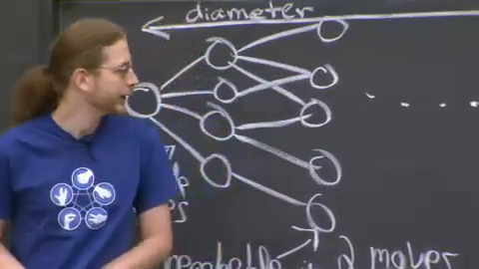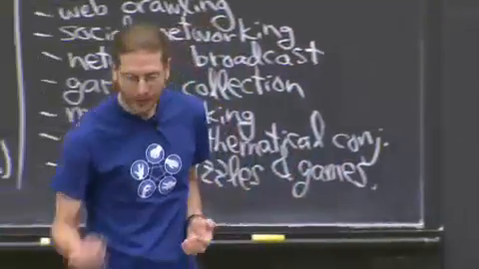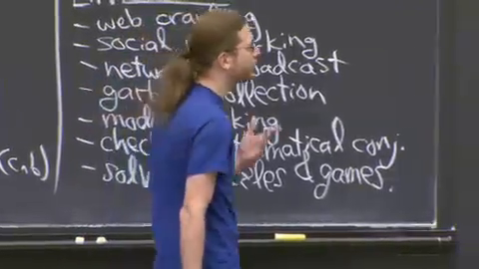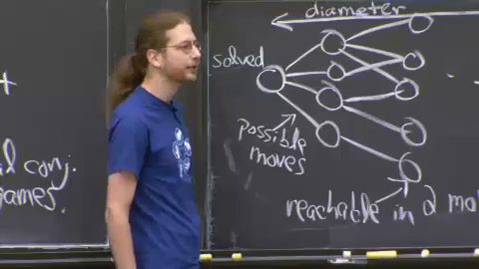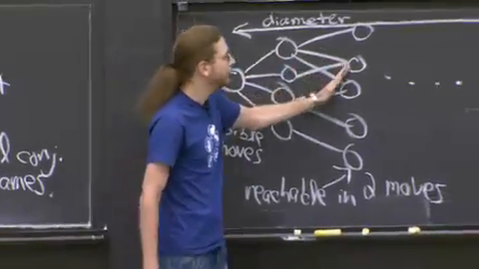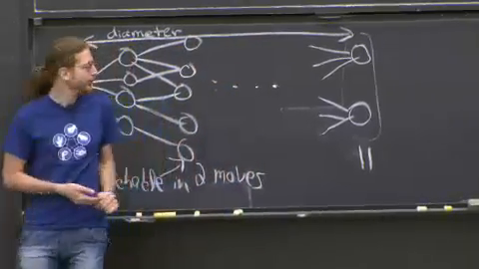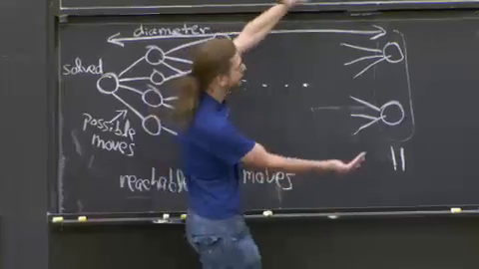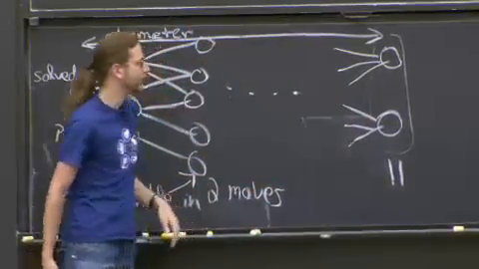And it's kind of nice to know because it says whatever configuration I'm in, I can solve it in 11 moves. But the best known way to compute it is basically to construct this graph one layer at a time until you're done, and then you know what the diameter is. The trouble is, in between here, this grows exponentially. At some point, it decreases a little bit. But getting over that exponential hump is really hard.